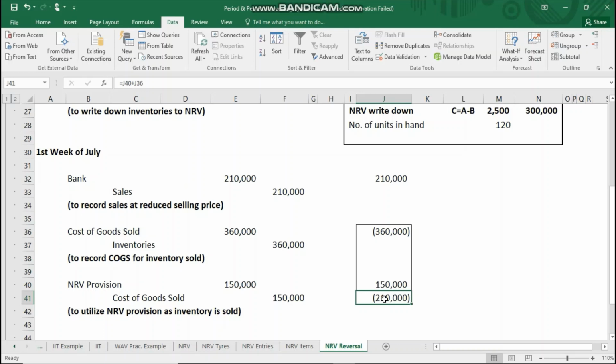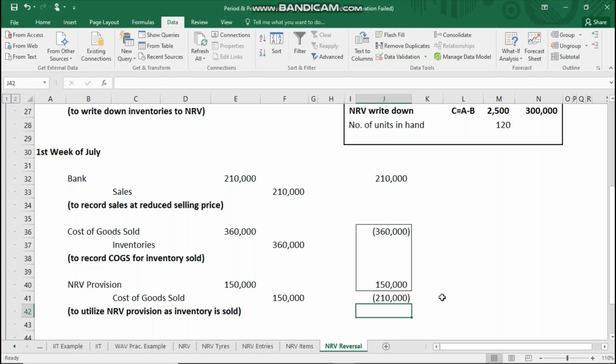ठीक है, तो कोई प्रॉफिट कोई लॉस नहीं है इसमें, यानी कि एक तरह से कह लें एक्चुअली लॉस तो है, जो कि हमने जून में ही बुक कर दिया था, वो एनआरवी का लॉस था, लेकिन इस पर्टिकुलर सेल ट्रांजैक्शन में आपको लॉस नजर नहीं आएगा। ठीक है, और ये हम पहले पढ़ चुके हैं कि जब भी एनआरवी राइट डाउन होती है तो वो उसी वक्त हम बुक कर देते हैं, हम इसका इंतजार नहीं करते कि वो सब्सिक्वेंटली जब सेल होगी तो बुक करेंगे। ठीक है, तो ये मैं आपको बताना चाहता था कि इंक्रीज के थ्रू। ठीक है, तो ये हमने सेल्स की इंक्रीज भी बुक कर ली।